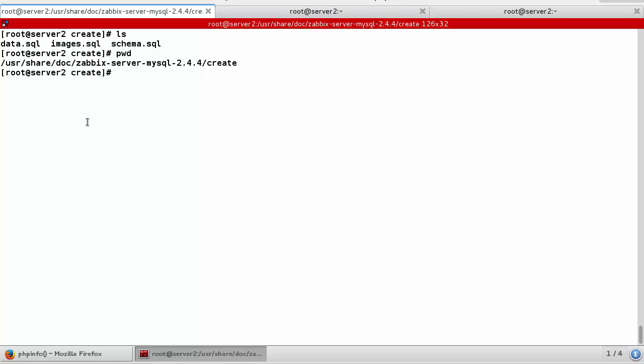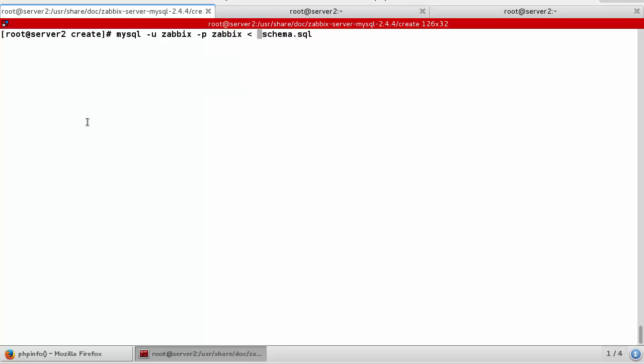Then you need to restore the default MySQL database provided by Zabbix. If you come to this directory, you will find this kind of file. Here we need to install these 3 files. Using this command, you need to install this file, with the password. Okay, I'm successful to create tables using this file.